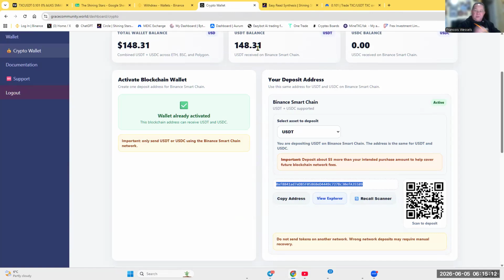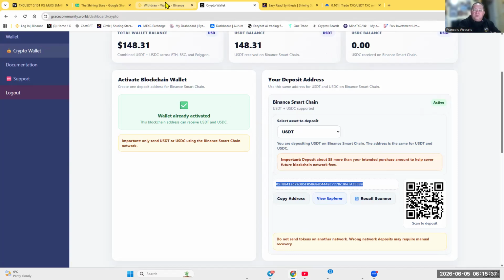So at the end of the day, my account should be 148.31 plus 9.3, that is 157.61. This is the amount of money I should have in my wallet at the end of the day.